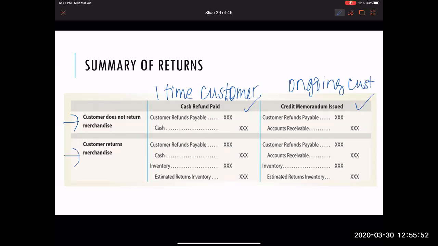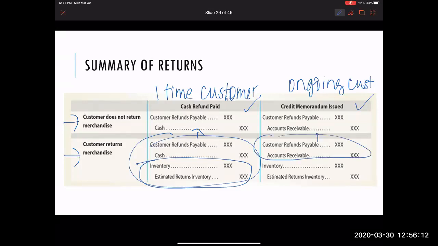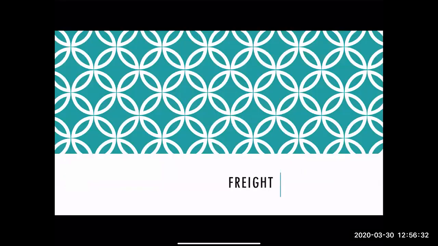But if the customer decides to return the merchandise and wants a refund, then if it's a cash refund, it looks like this. It mimics what we've seen up here, but they're getting their cash refund and they're also returning the inventory. If we have an ongoing customer, it looks like what we have captured up here, but they're also returning the inventory. So again, a good snapshot. As you read through the problem, you're asking yourself, are they just getting a refund, or are they also returning the merchandise as well? Okay. All right, so with that, we're going to stop and we're going to talk next all about